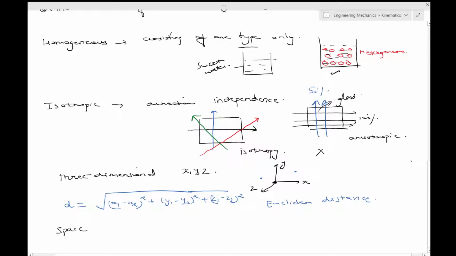The set of all possible locations. Okay, that was space. So space is absolute. What does it mean? That its properties, like distance between 2 points, we are taking this property because we have just shown it,